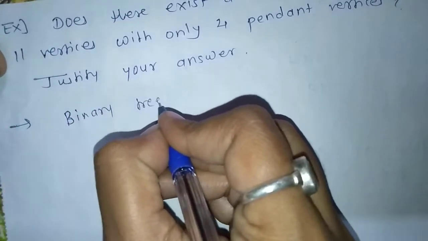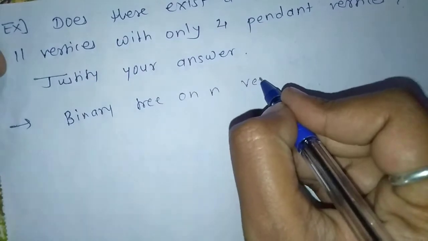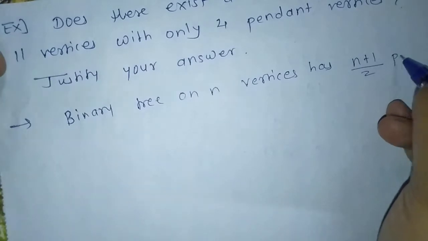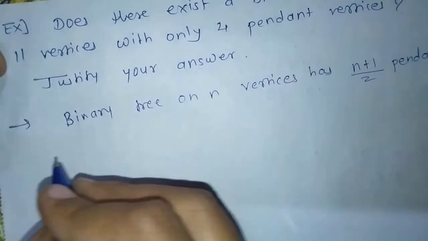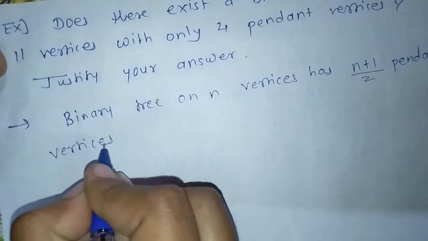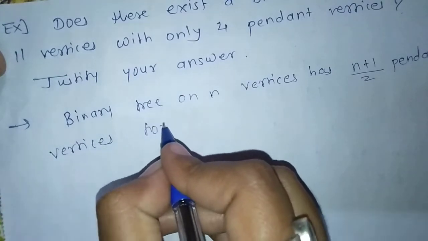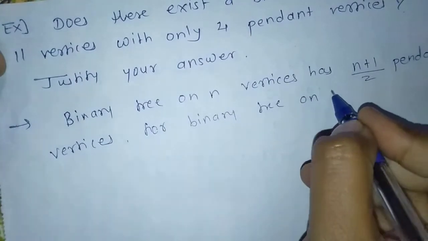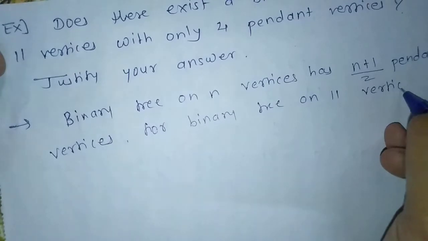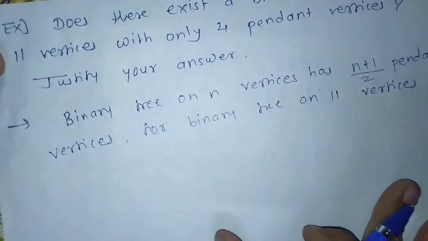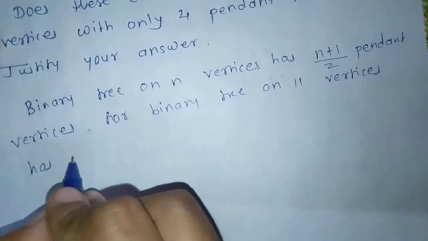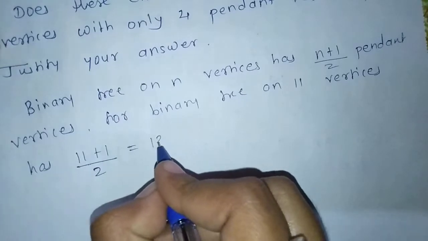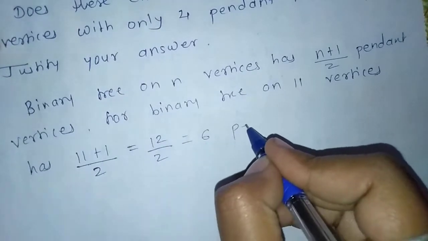A binary tree on n vertices has (n plus 1) upon 2 pendant vertices. For a binary tree on 11 vertices, here n is equal to 11. So 11 vertices has (11 plus 1) upon 2 pendant vertices, means 12 upon 2 is equal to 6 pendant